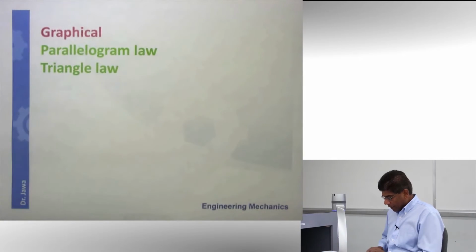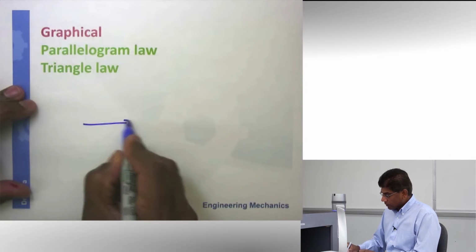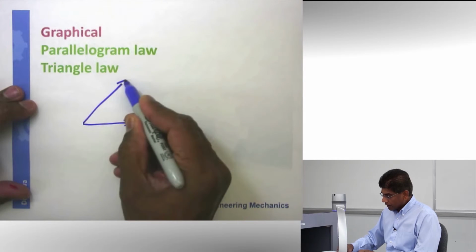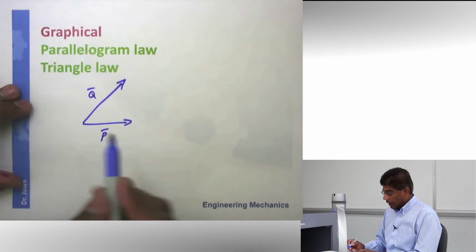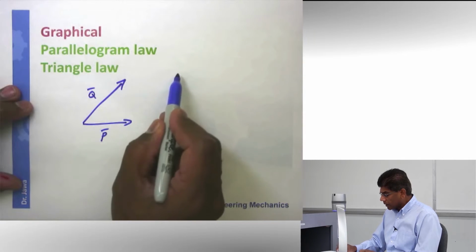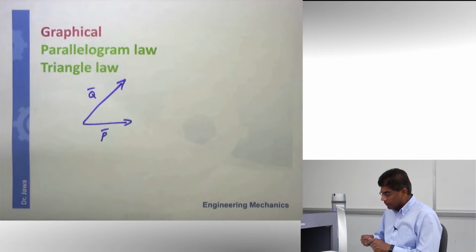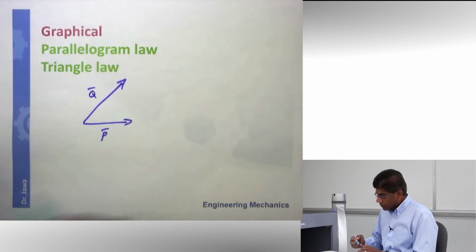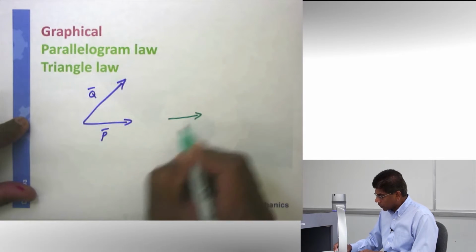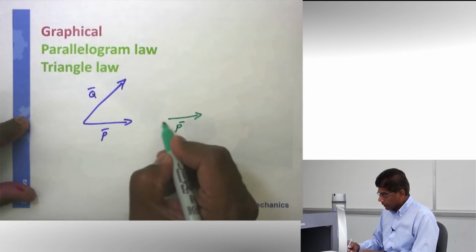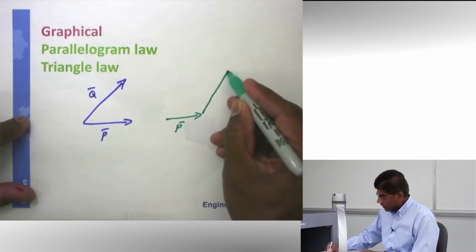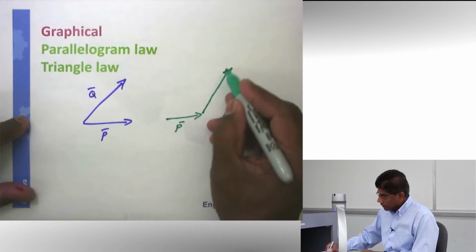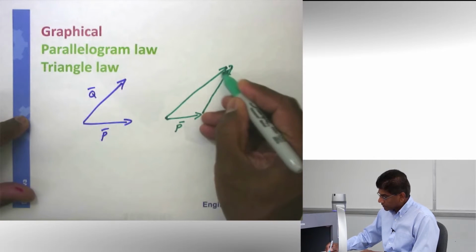Here, a graphical approach. Here is a vector, horizontal. Here is a vector, P and Q. And in the parallelogram law, we drew two parallel lines, and the intersection gave us the resultant. Now, using the triangle law, all we are doing is, here is my original vector P. Now, you can transfer this vector Q here, which is effectively drawing a parallel line again to that, and these two endpoints will give you the resultant.